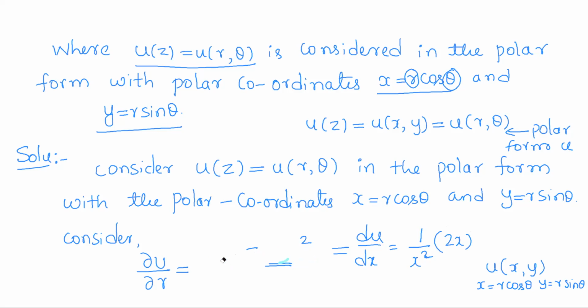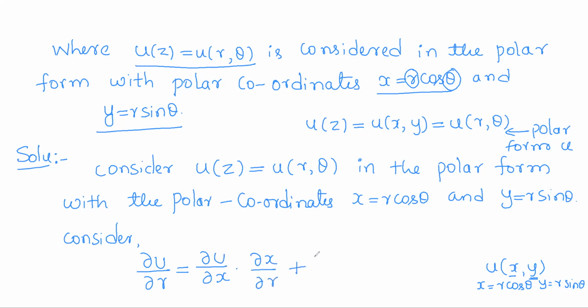So we need the partial derivative of u with respect to r. So u is a function of x and y. x and y are functions of r and theta. So what we shall do is, first we shall differentiate u with respect to x, then x with respect to r. Then u with respect to y, y with respect to r. As it contains two variables, you have to repeat this twice. So first u with respect to x, then x with respect to r, plus u with respect to y and y with respect to r. So this is nothing but called the chain rule.